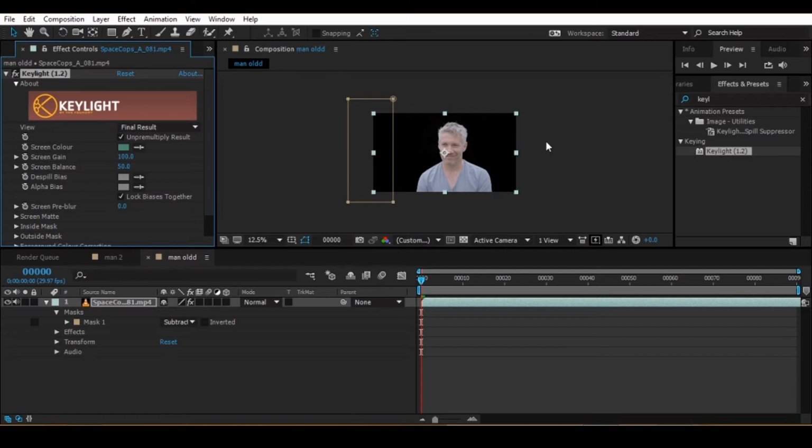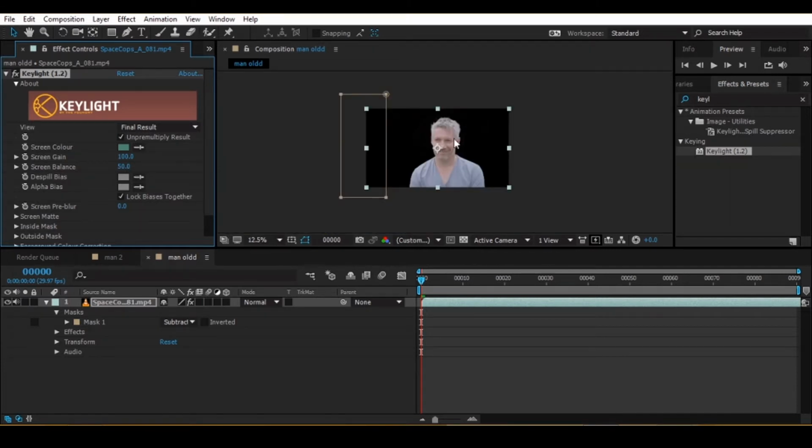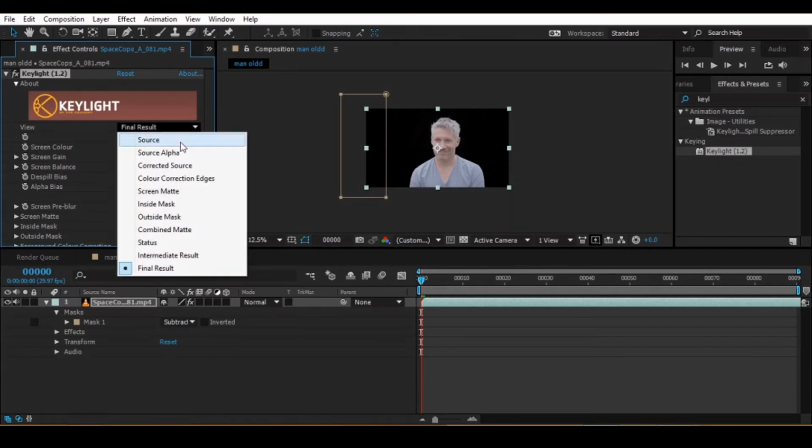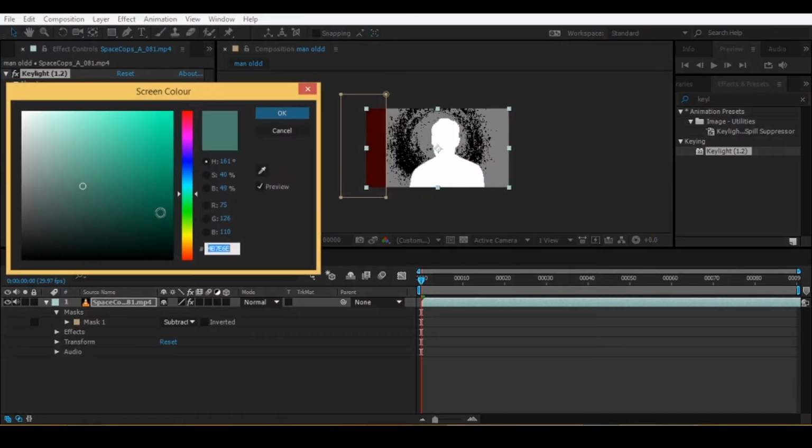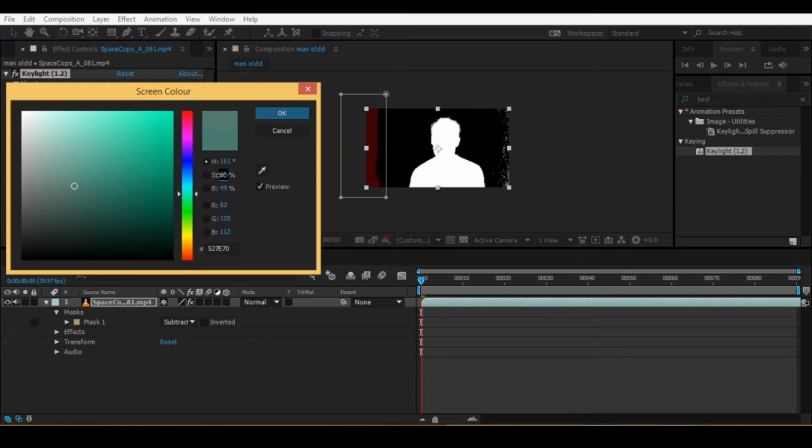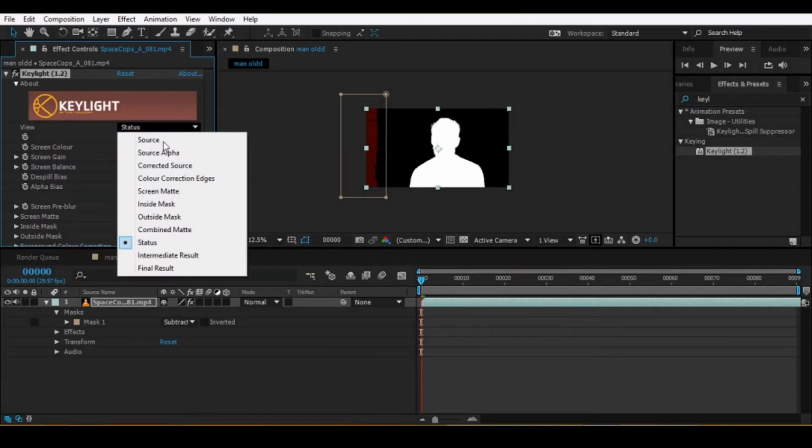I will just remove that. As you can see over here, there are some patches. How to remove that? I will go to the status and decrease the saturation. As you can see over here, there are black, white and gray colors. White is 100% opaque and black is 100% transparent. The gray color is something between them, not more than them, not less than them, between them. I will decrease it so that I can remove it fully, and I will set it to something like 24. That looks good to me, and after that I will check the results.